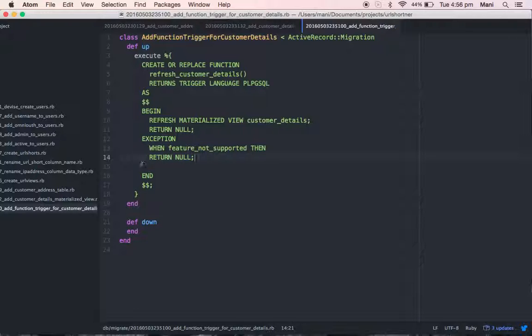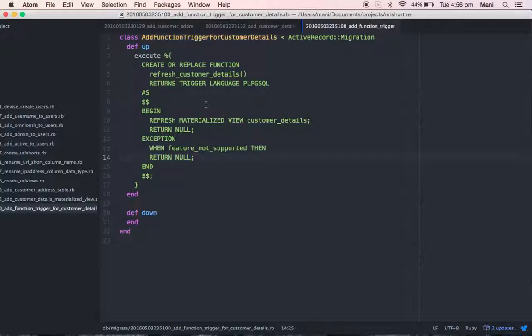The feature depends on the Postgres version. In some older versions of Postgres, this kind of materialized view functionality may not be there. In that case, if the feature is not there, it will automatically return the null value. So everything is fine, and now we have written the code for the function.